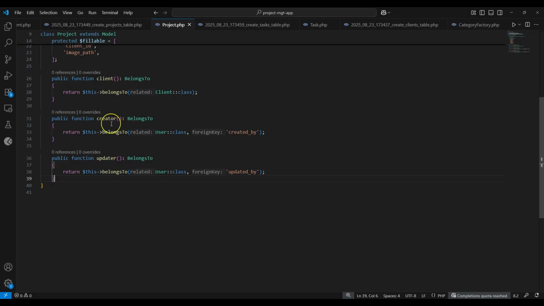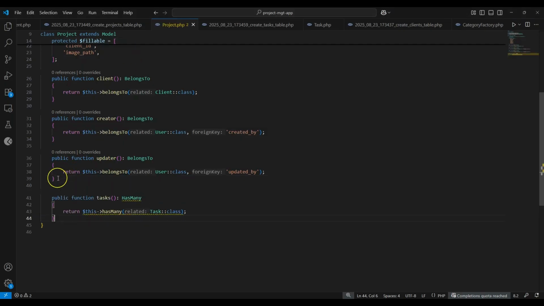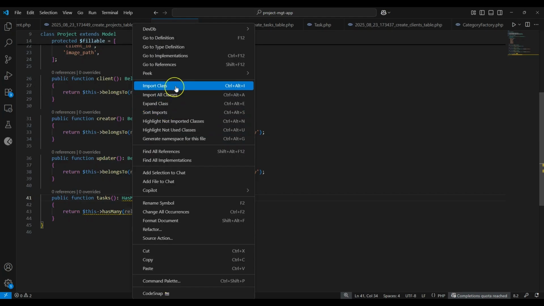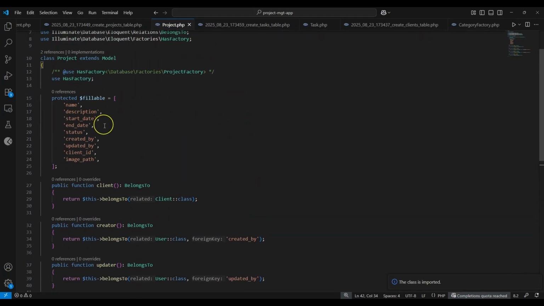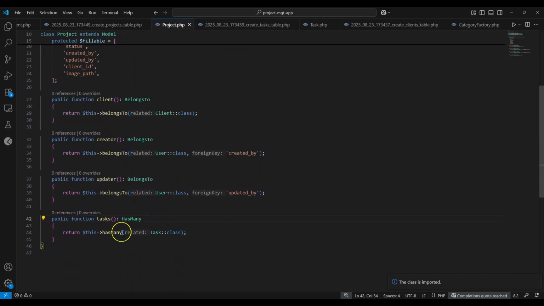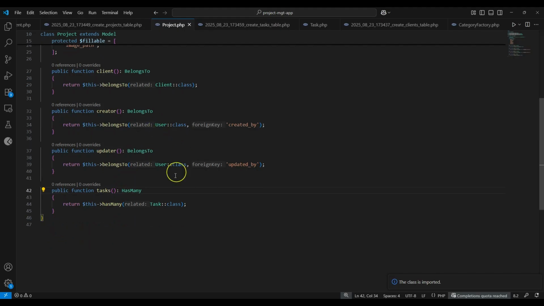Okay, so we have the creator and the updater, but also we need to know the task that belongs to the specific project. So here we'll have has many, because one project may have many tasks. Okay, and after that,